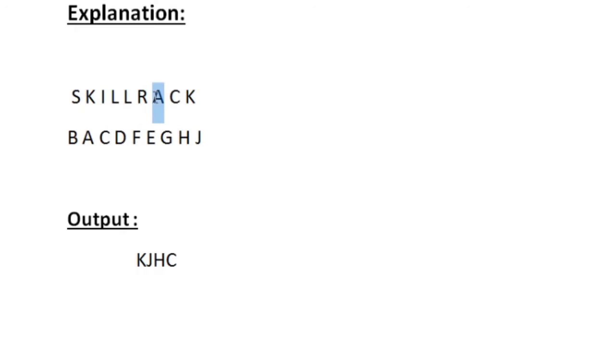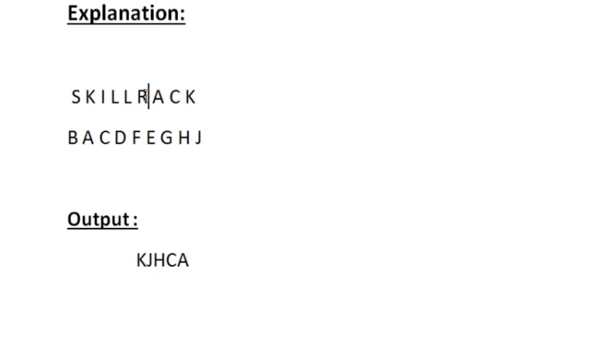Here A is a vowel and G is not a vowel. The condition given in the question is either both must be vowels or both must be consonants. They must not be of different types. But here they both are of different types. So A is a vowel and G is a consonant. So we are not going to print this G. From A we are going to move leftwards. We are going to R. Before moving to R we have to print A.